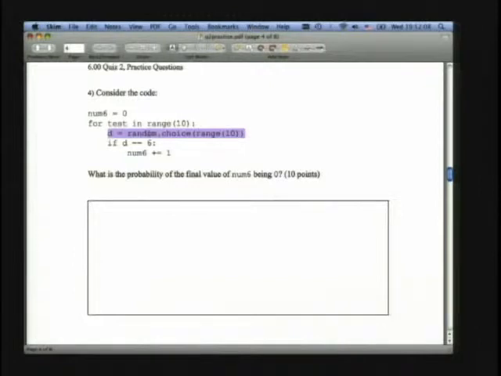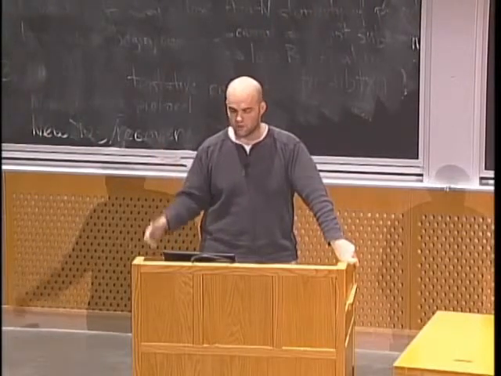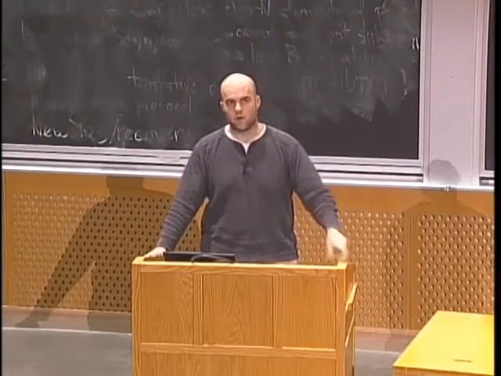So what this code is doing is, for 10 times, it's drawing an integer from 0 to 9, a random integer. It's a uniform distribution. And it's counting the number of times that the integer drawn is 6, and it's incrementing a counter. So the question can be rephrased as, what's the probability that no 6s were drawn 10 times out of a pool of 10 integers? And the way you can figure it out is on one